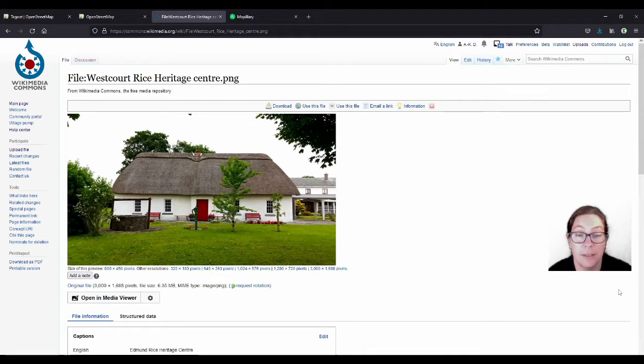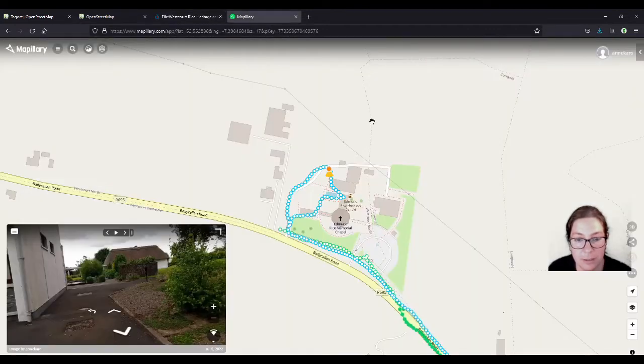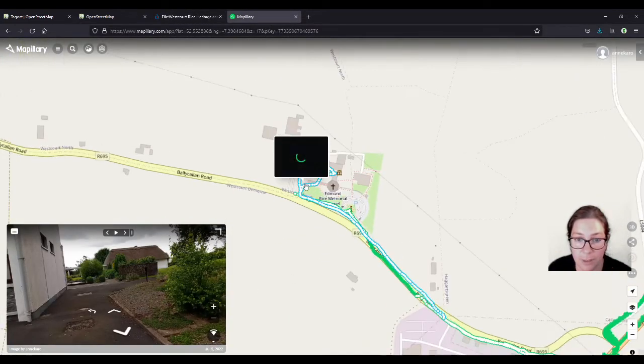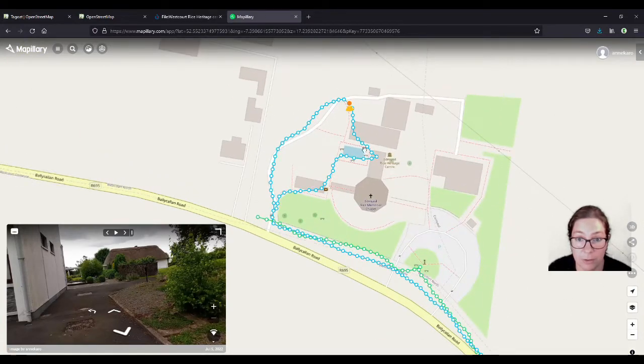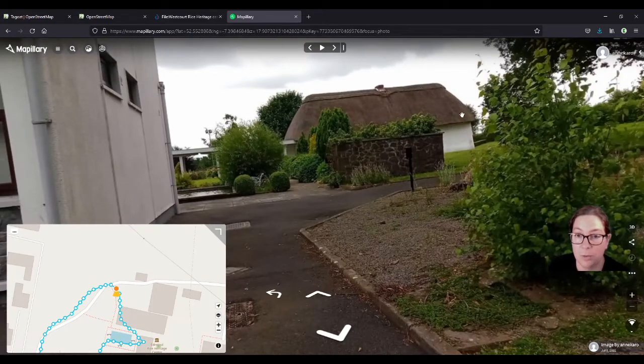And then ideally you take a picture and upload it to Wikimedia like I did with this one here. And you could also ideally take Mapillary, which I failed to do of this one. At least I don't have a frontal view. I walked from Callan out this road and just walked around the property to get a bit of an idea for people and to help other mappers. So this is the best shot I've found in this sequence. I'll just maximize it here. So you can still see that it's thatched.